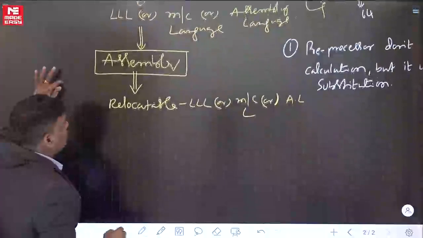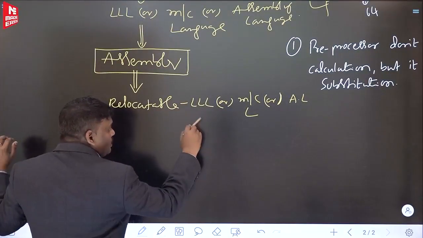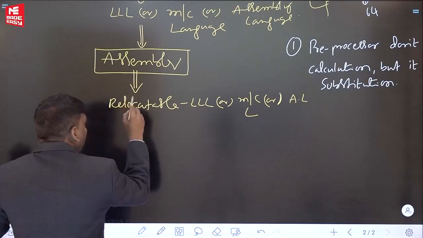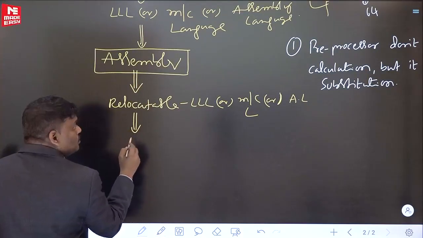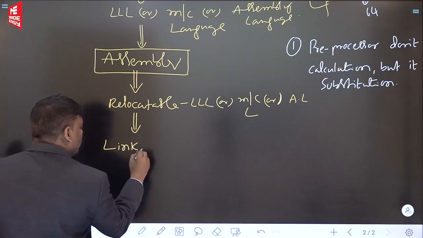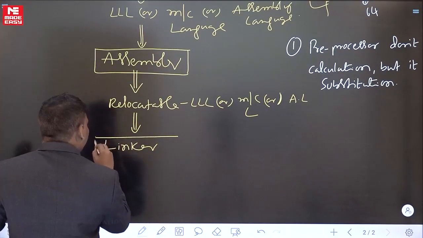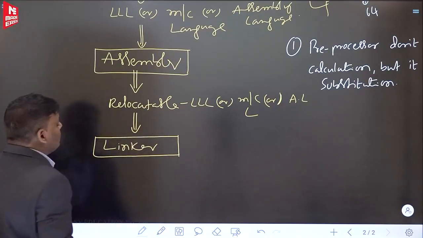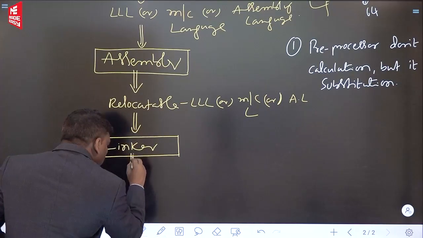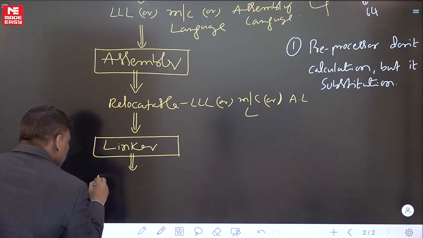Can you help me with one small line now? Please listen. This relocatable low level language or machine language or assembly language is the input to one more person. What is the name of that person? That person is called the linker. Linker input: relocatable low level language or relocatable machine language, relocatable assembly language. That is the input to the linker, right? Now see this one. Output is going to be a single